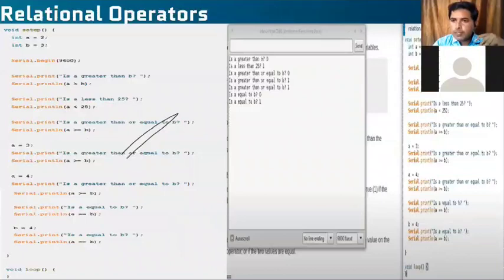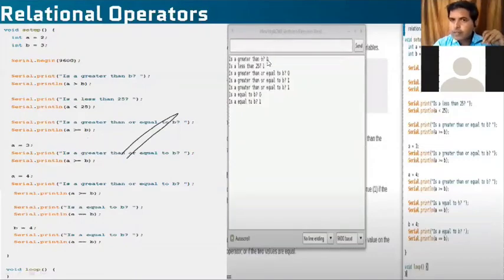Suppose my A is greater than B: if the condition is true, then it will display 1. And if my condition is not satisfied, then it will display 0. You can see in the output, what I am printing is whether A is greater than B. I'll compare A and B. If my A is greater than B, it will display 1. If my A is not greater than B, it will display 0. You can see in the output window, is A greater than B?